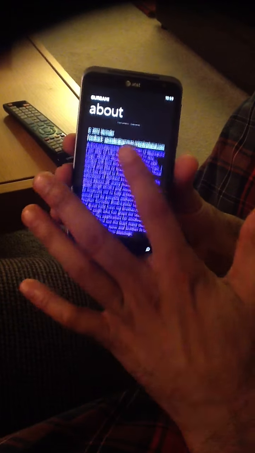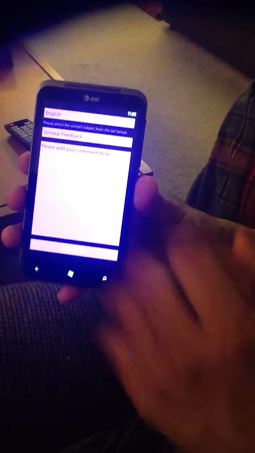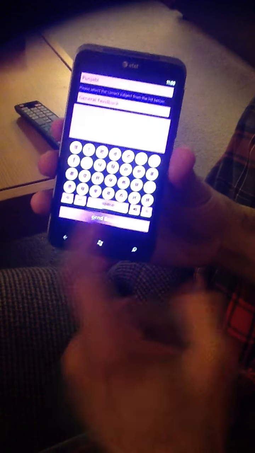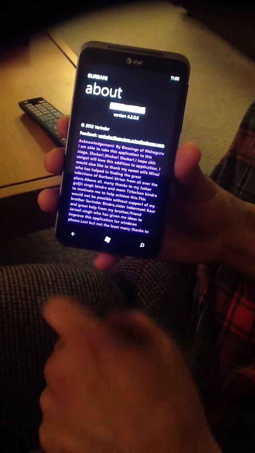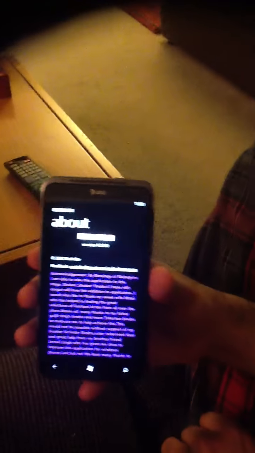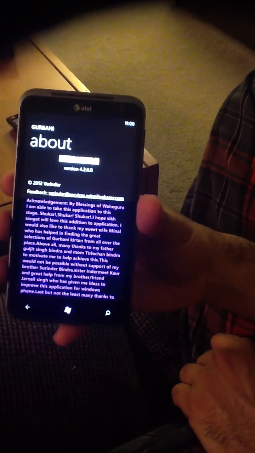Again, thank you very much. If you want to send feedback, click on this link in the About section. It will open up an English general feedback form, or you can use the Punjabi feedback, whatever you want. Please send the feedback. Please tell me whether you are liking this application and what is causing problems, because